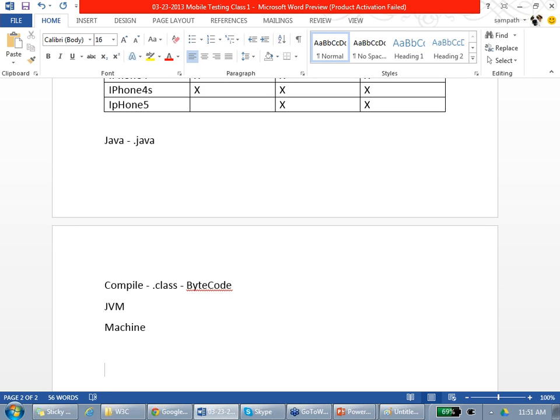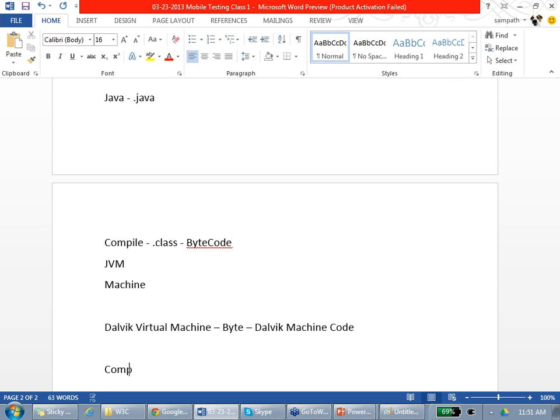That is the reason there is a person from Ireland, he belongs to a place called Dalvik in Ireland, Iceland or Ireland, I forgot. He created this Dalvik virtual machine to take this byte code and convert it into Dalvik machine code. So Dalvik machine code is a compressed Java code, which is suitable for mobile phones, mobile operating systems. Agreed? So it's a compressed Java code. Understood? That is called the Dalvik virtual machine. Agreed?